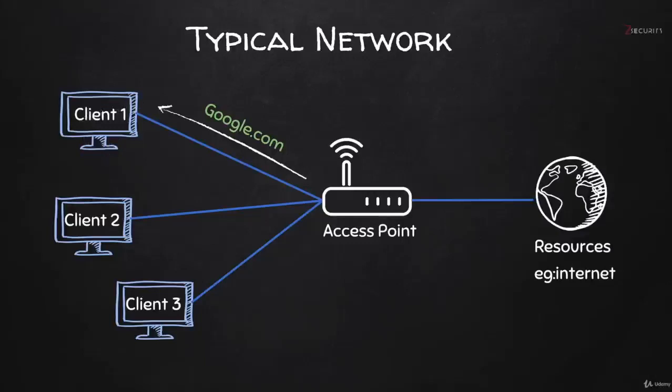So if you actually go to your router at home and look at it, you'll see at the back it's connected through a cable to the wall, and this is how it's getting its internet access. Therefore, it is the only device in your network that has direct access to the resource, and none of the computers connected to the network can access the internet without the router, without the access point. So the only way for all of the connected clients to access the resource is to go through the router.